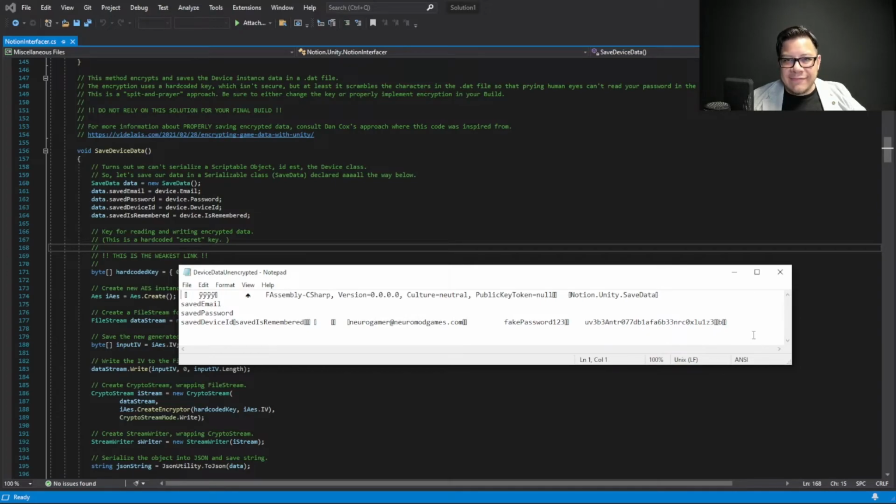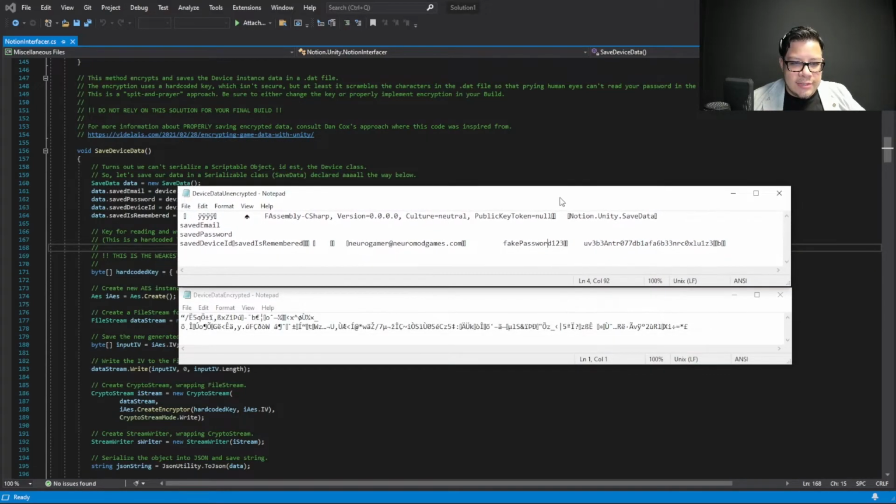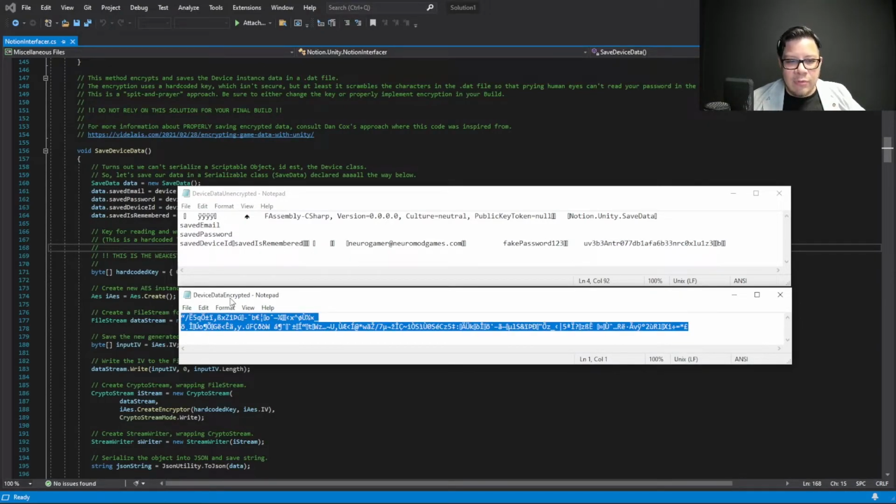That's just so that you can ensure that your user's data is secure in your client. If you just save the data as is, anyone can go to the file, open it in a text editor, and then you can see your email, your password, and your device ID. You can just read it, copy paste it, which is something that can be exploited later on. So to add one very thin layer of security, I have used this encryption algorithm to basically scramble that, so that if anyone goes to the encrypted data, they will see just a bunch of garbage or Chinese characters,